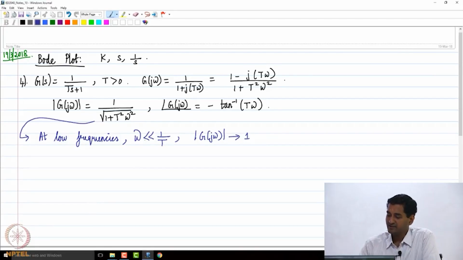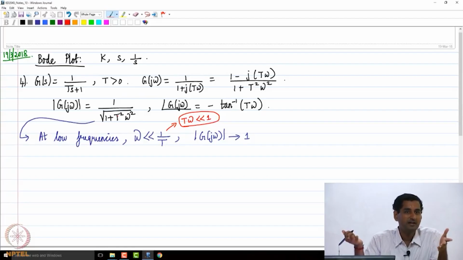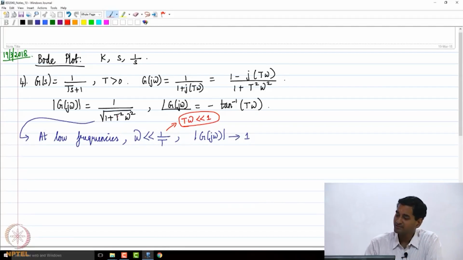Because when omega is less than 1 by T, T omega is very small compared to 1. Then what can you say about 1 plus T squared omega squared? If T omega is very small, T squared omega squared is going to be even smaller. Let's say T omega is 0.01. T squared omega squared becomes 10 power minus 4, so 1 plus 10 power minus 4 I can approximate as 1 itself. So the magnitude is going to tend to 1, or equivalently